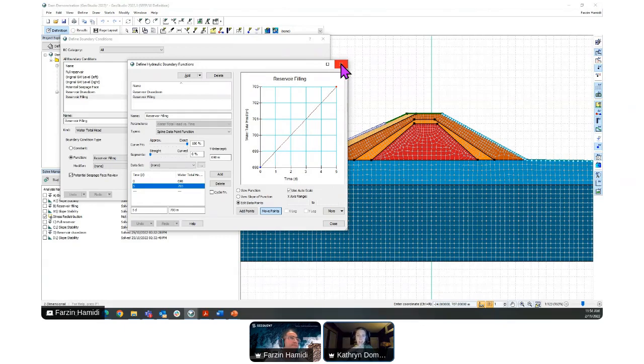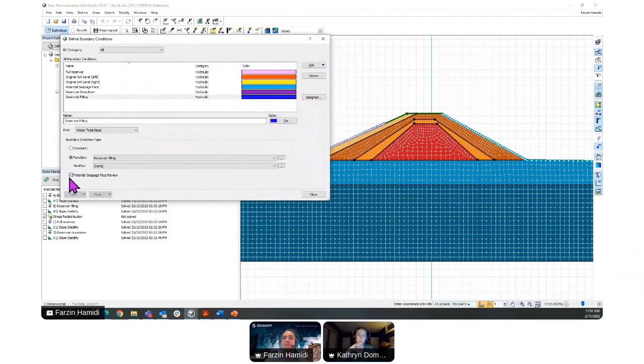But make sure, again, as I said, to check off that potential seepage face review option so that the CW solver will allow water to flow out of the domain above where the current water level is relative to where it used to be. Yeah. If I didn't answer that question correctly, then just let us know. I'm not sure that I got what you were asking. Sorry. Thanks, Catherine.